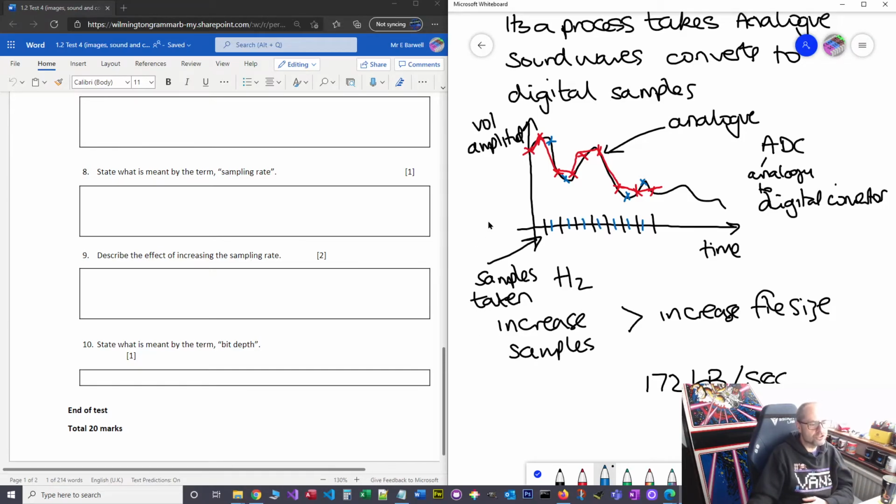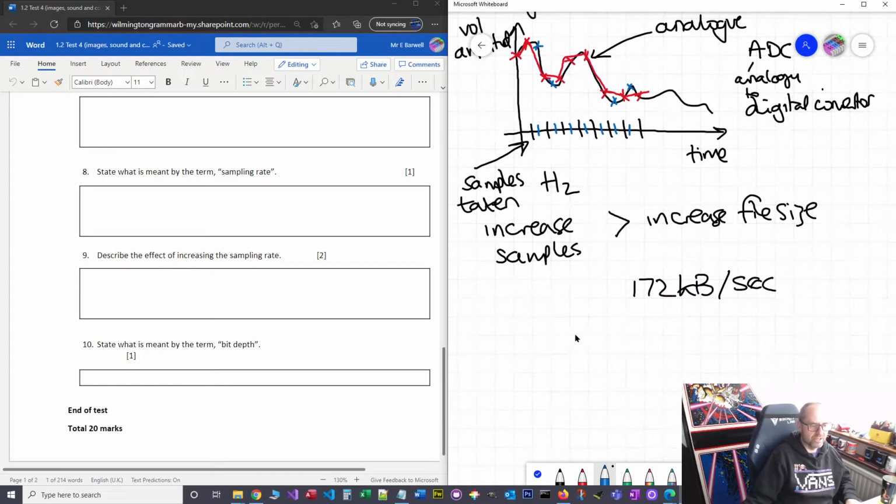Of course, this also ties in with the last question. Now, this was a stupidly worded question, to be fair, because they said bit depth. Now, we know bit depth in terms of pictures, so how many colors, but I think they were asking you to carry on about sound. Bit depth is a generic term for the number of bits we use to represent things. So in pictures, it's how many bits do we use to represent the number of colors. In audio, it's how do we represent the amplitude. So the bit depth in audio